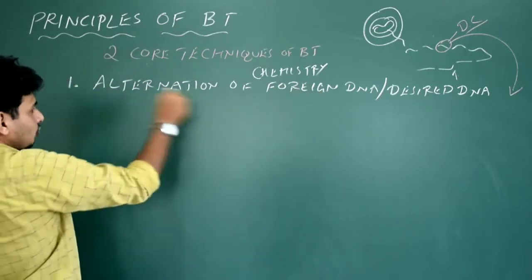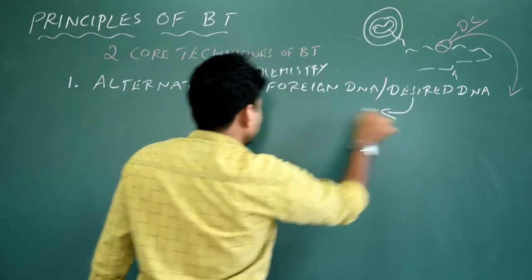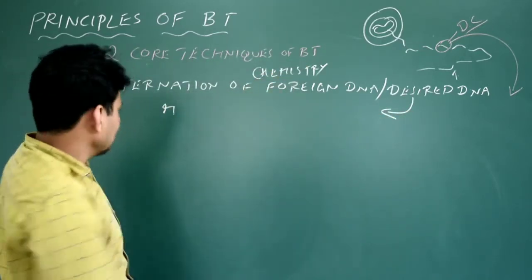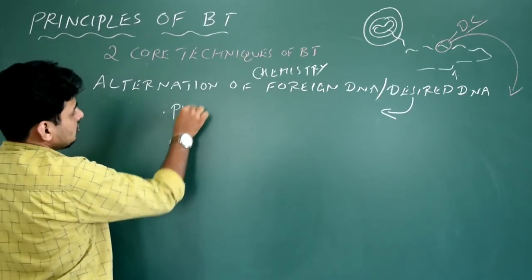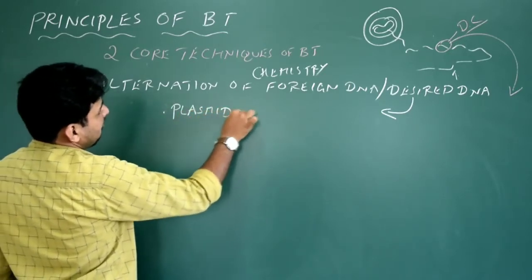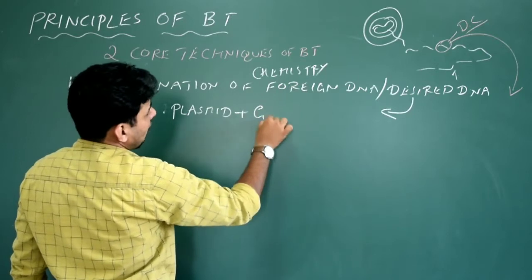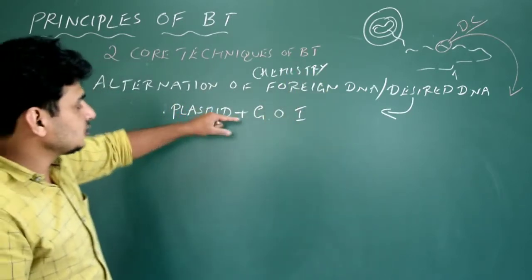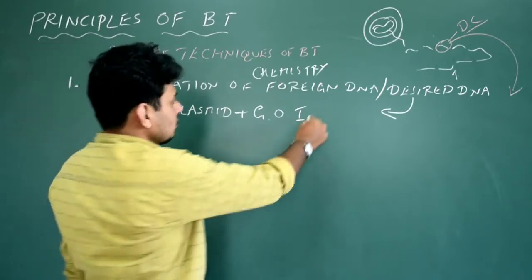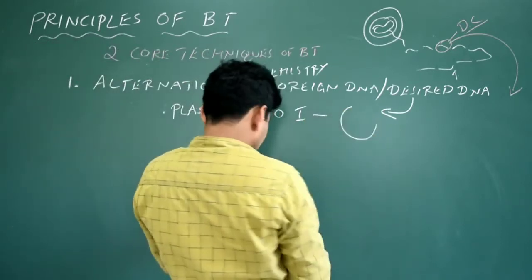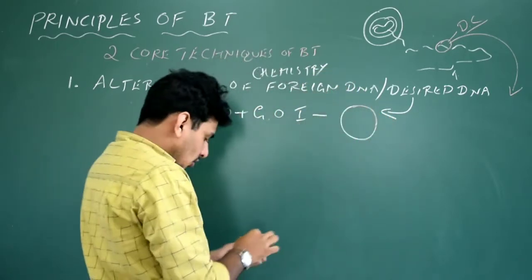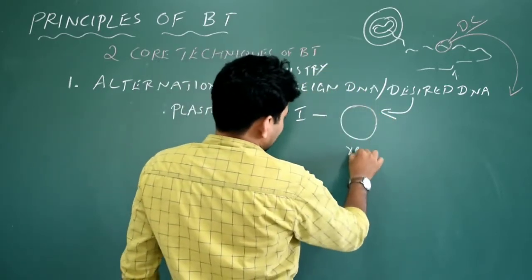Then after that, once it is done, next I have to ligate this particular foreign DNA into a plasmid. So plasmid plus this gene of my interest that is taken from the lion should be integrated, that is mixed, to produce a recombinant DNA. So this is it. Got it? So recombinant DNA is now formed.